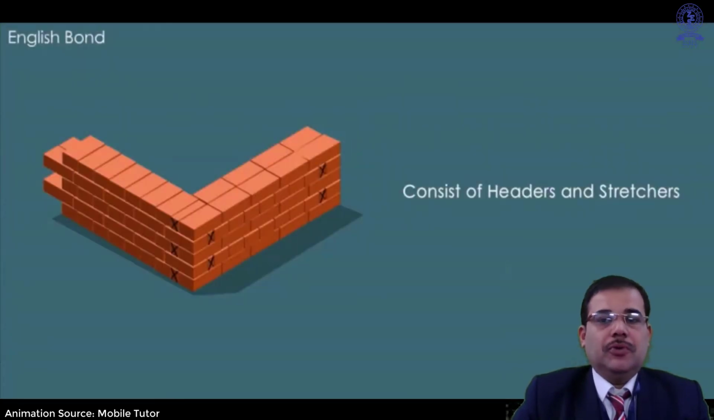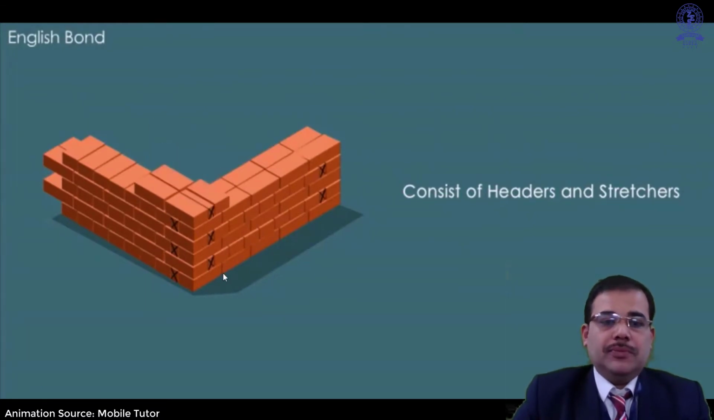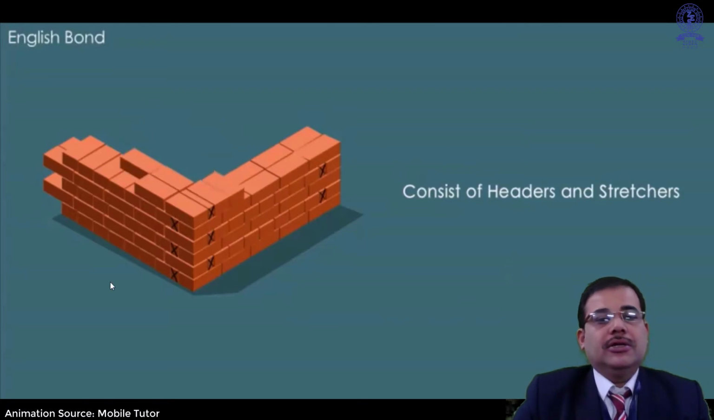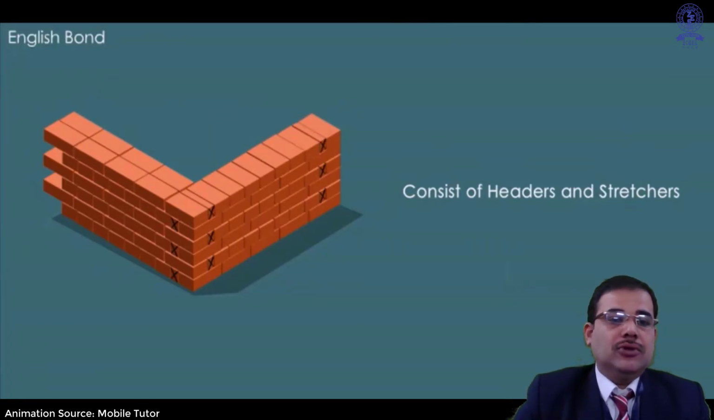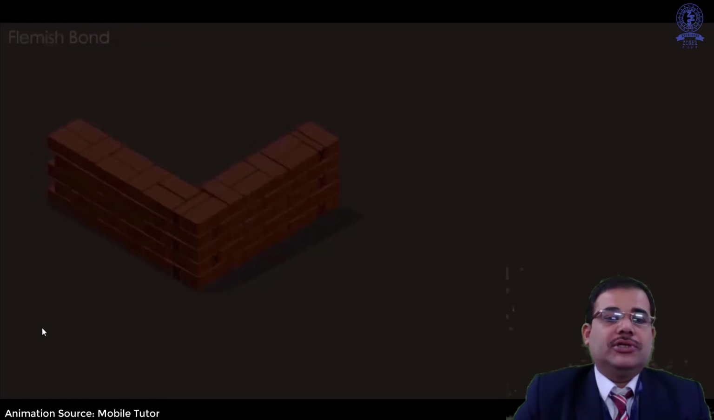Now in case of English bond, you can observe the header as well as stretcher bond. So for maintaining the staggerness of the joint, a one queen closure has been introduced, and then they have started the laying of the brick with alternately header and stretcher in layers. So this will be the layer of header, and to the opposite one there will be the layer of stretcher, and in the next layer over the header there will be the stretcher, and over the stretcher there will be